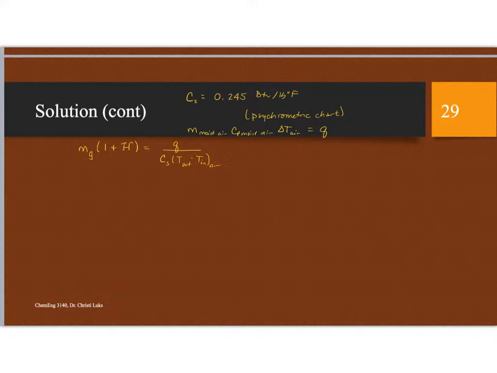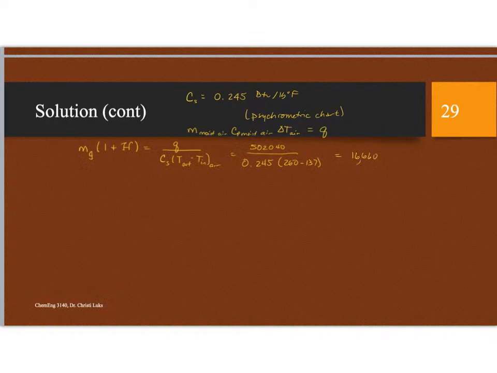I know C sub S because we found it from a psychrometric chart, and I know those temperatures. So therefore, if I put in these values, where these are degrees Fahrenheit, the C sub S is BTUs per pound degree Fahrenheit, and Q is in BTUs per hour, then I end up with that this is